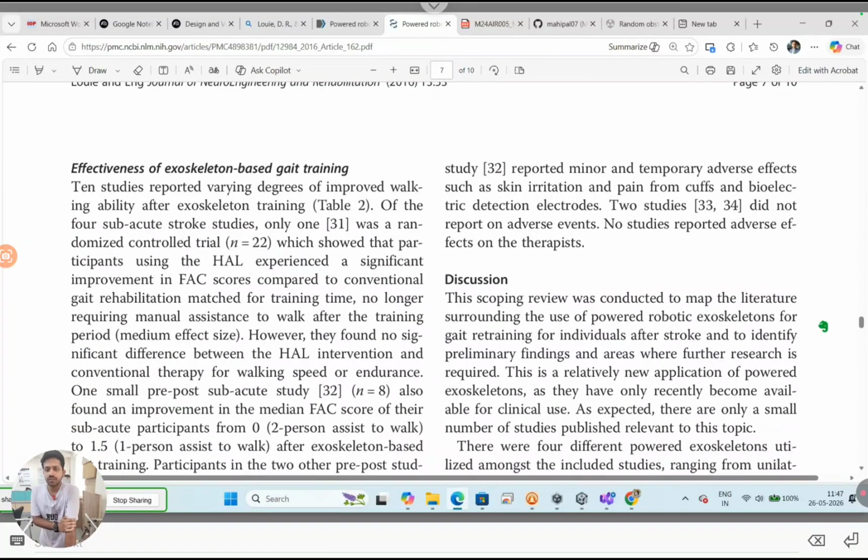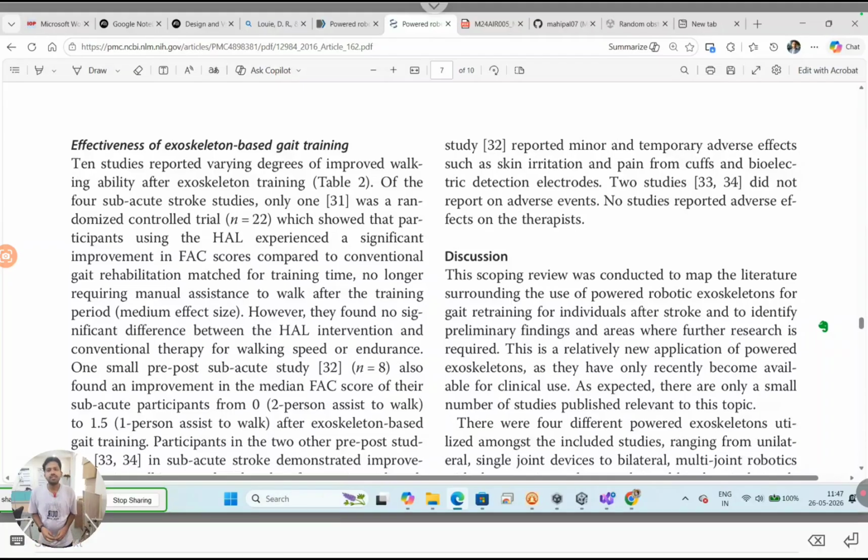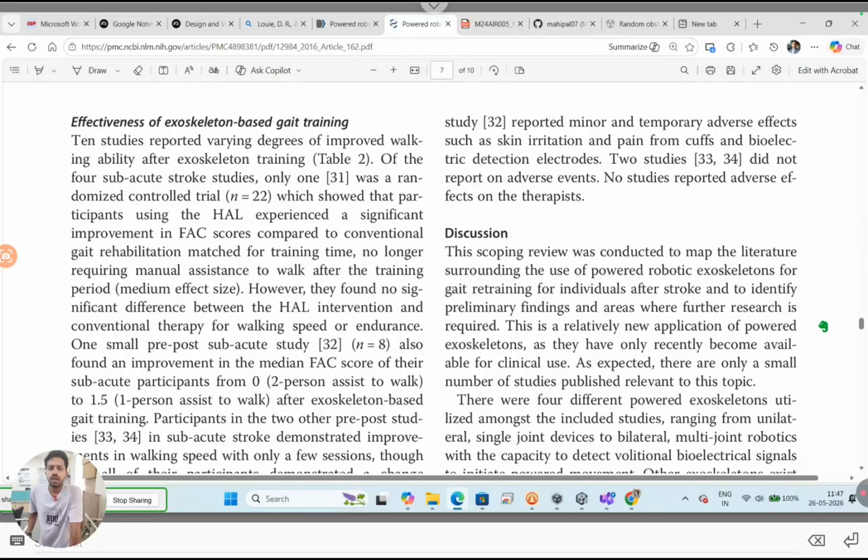So, effectiveness of exoskeleton based gait training. 10 studies supported varying degrees of improved walking ability after exoskeleton training. Of the 4 subacute stroke studies, only one was a randomized controlled trial, N equal to 22, which showed that participants using HAL experienced a significant improvement in FAC score compared to conventional gait rehabilitation matched for training time, no longer requiring manual assistance to walk after the training period. Okay, medium effect